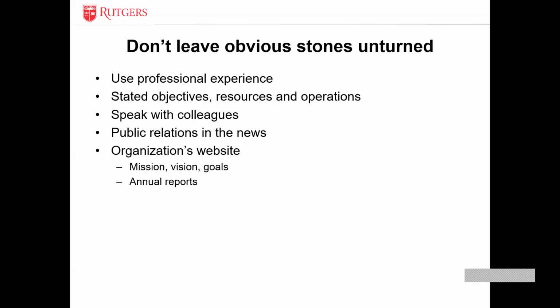Also, you should look at stated objectives, resources, and operations. So if you go to an organization's website, typically the About Us section will include things like a mission, value statements, vision statements. Organizations are also very good about publishing activity that they may have done concerning community engagement. And oftentimes annual reports are worthwhile to look at because organizations will talk about their donors and their activities when they are involved in something that they believe will be positive for them, but also have an impact on their